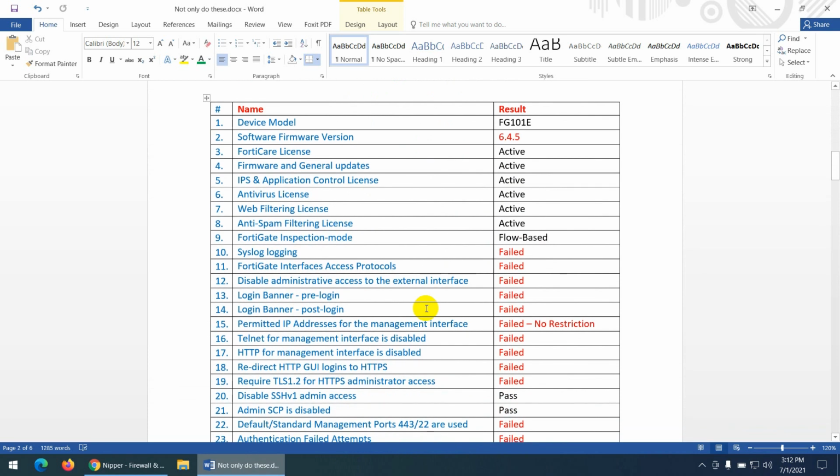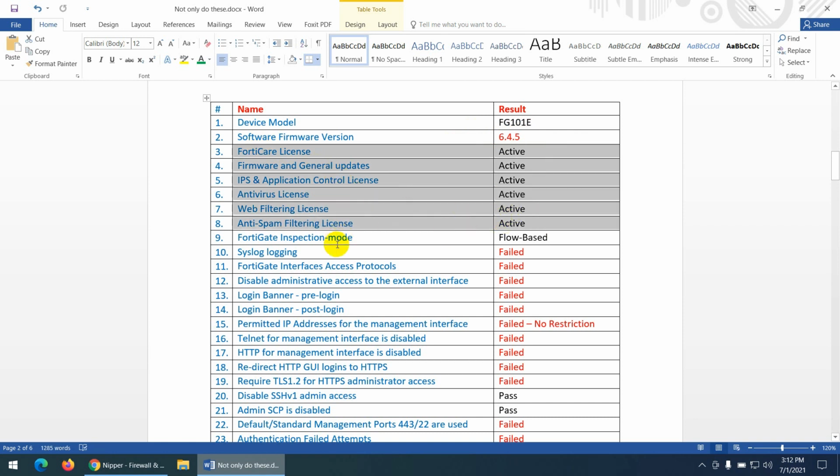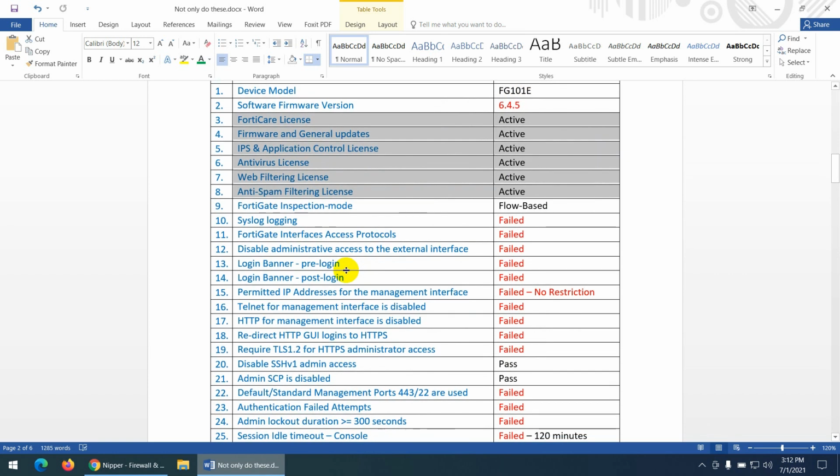Now you can use a table to provide a complete report to your customer. The one I also use is like this one. So I audited many devices. One of them was a FortiGate firewall. I mentioned the device model and the software version, which version they are using. It's very important that your version has to be the updated one. You need to check all the licenses. It's also very important that your device license has to be active. Then you can update your device and you can get updated signatures and everything. So you need to check this one as well.